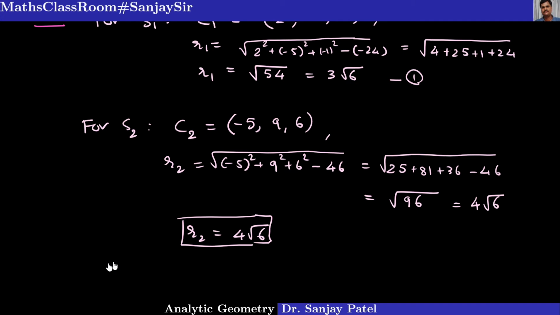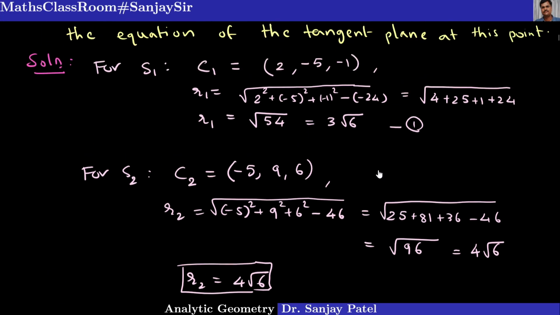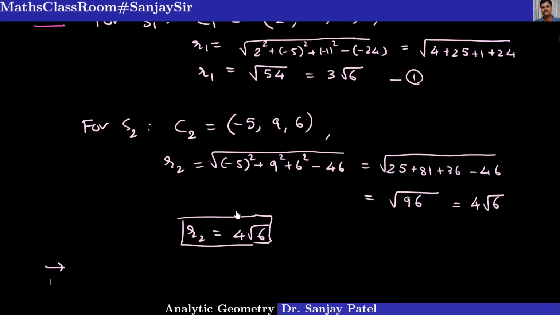Still we have to find the distance between the two centers, that is C1 and C2 here. This is C1 and this is C2. Using the distance formula, you can find the distance between C1 and C2. So also the distance C1 C2 is